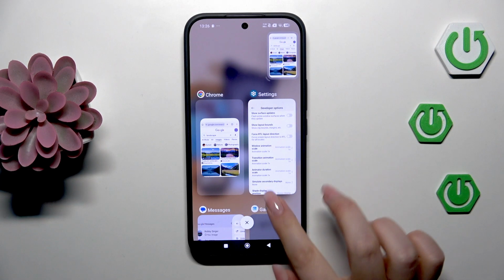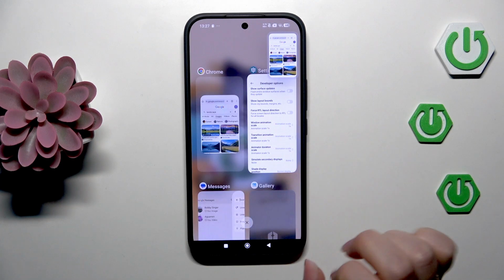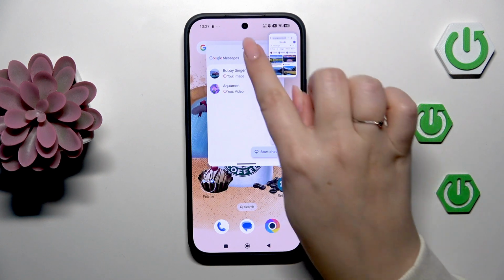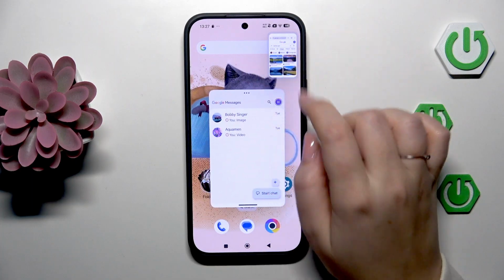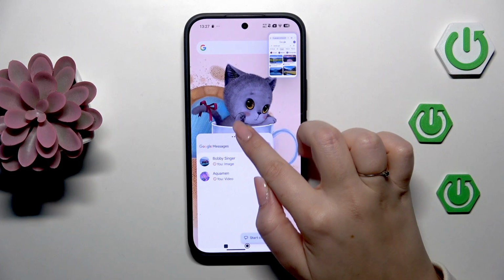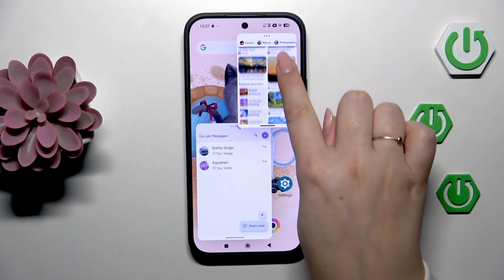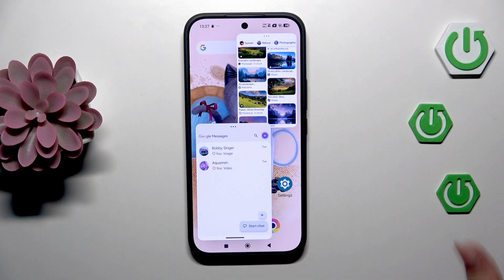And let me open another app. So for example, the settings. So tap on it and hold it, and then I cannot open the settings for some reason, but I can open the messages. So this is how it works. Moreover, if you've got the floating apps opened, they are working just like in the regular mode, let's say. So you can still, for example, search in the Google Chrome, and here you can, I don't know, respond to